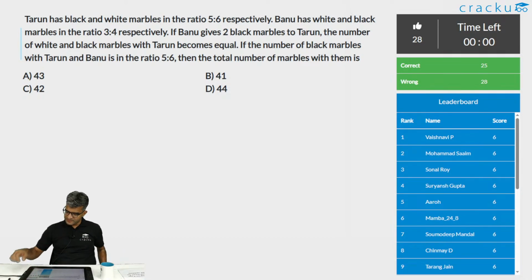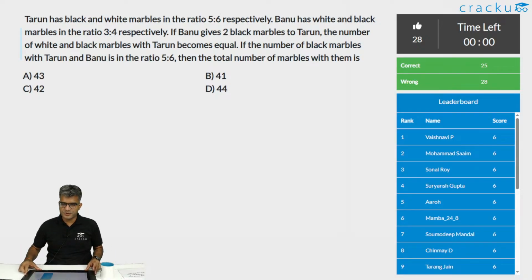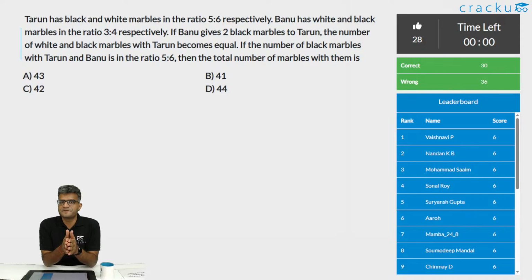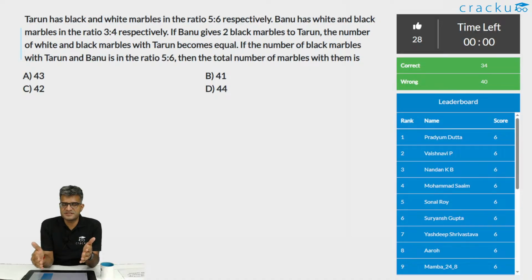Anisha is saying, sir, how can I improve speed in DI? In DI and Quant, the only way in which you can improve speed is by solving questions. Especially in DI and LR, the best resource for you to practice CAT level questions are the CAT previous year's papers. And CAT previous year's papers are completely free. You can download them for free on the Cracku website. The PDF is also very well designed, so that once you download it, after you look at a question, if you're looking for the video solution, the button to view the video solution is there in the PDF itself. When you click on the button, you will be redirected to the video solution page.